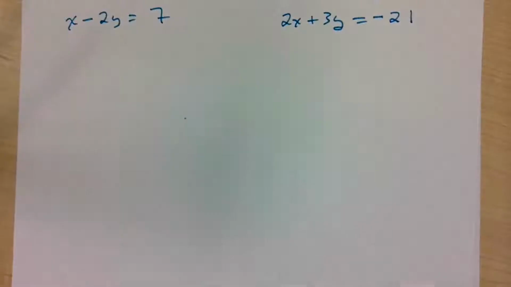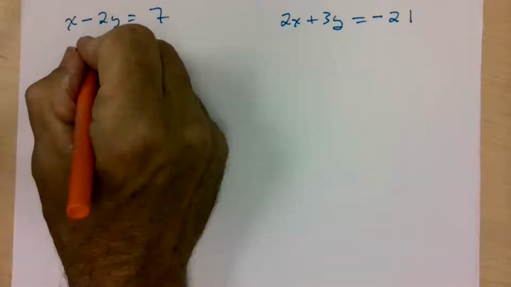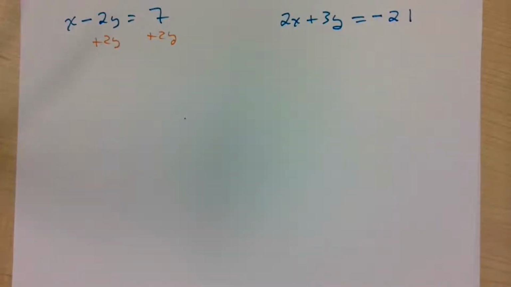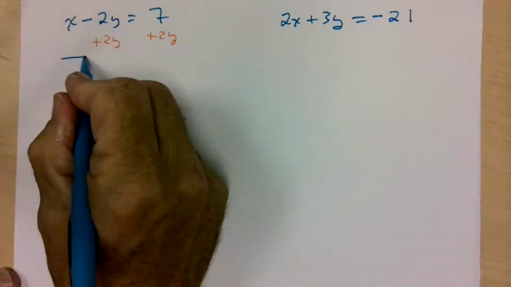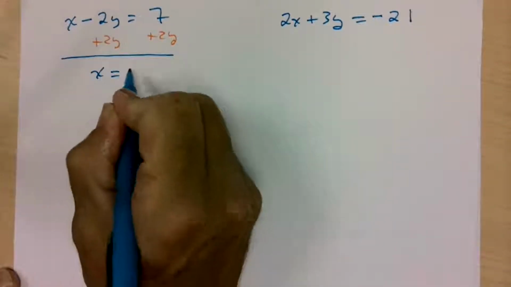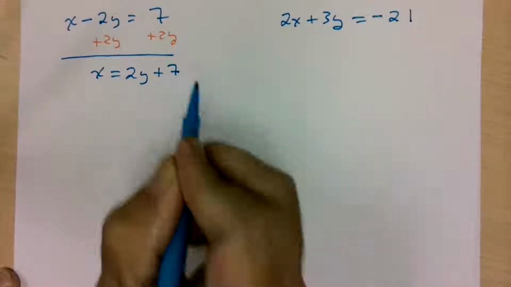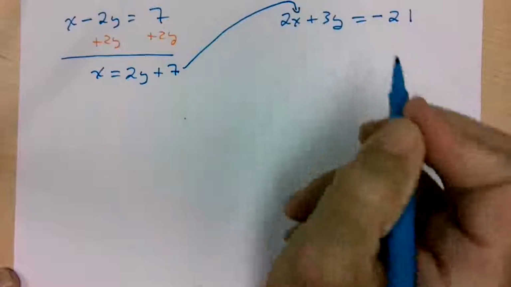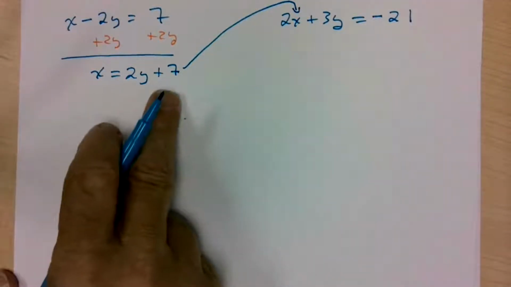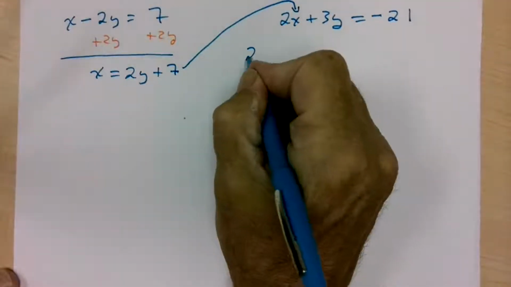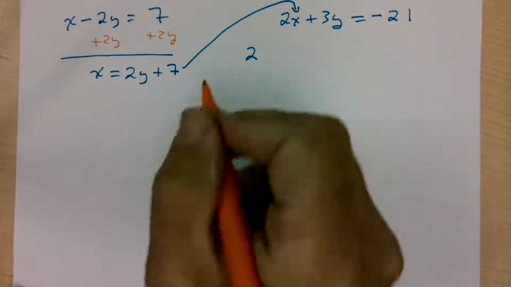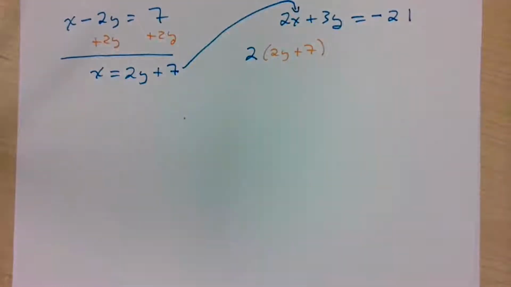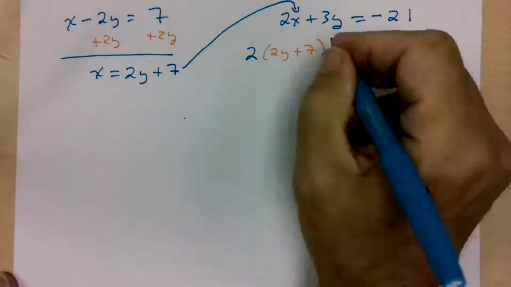So I'm going to solve for x in the first equation. How? Add 2y to both sides. So we get x equals 7 plus 2y, or x equals 2y plus 7. Now, where is that going to get shoved? In for x in the other equation. So where I had x, replace 2y plus 7 in parentheses. 2 times x, what is x? X is 2y plus 7. 2 times 2y plus 7 plus 3y